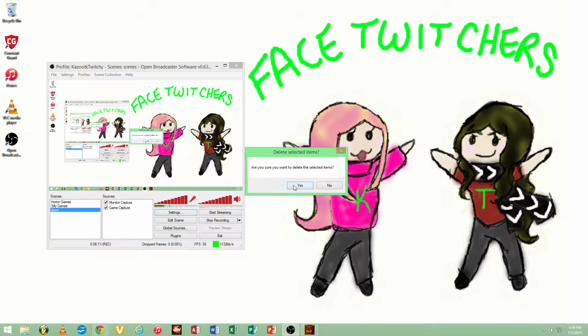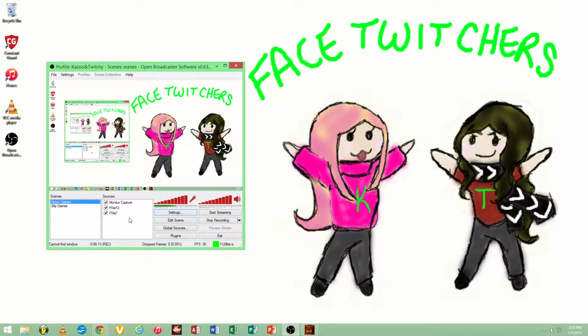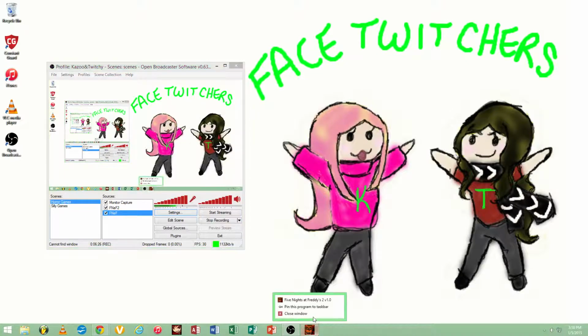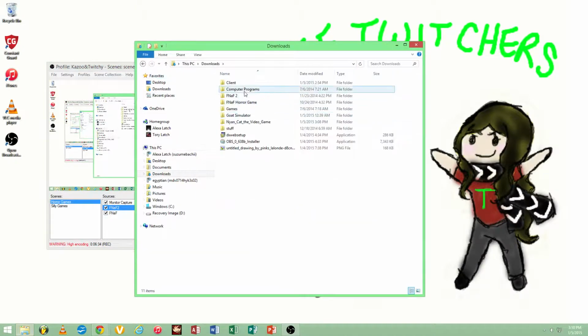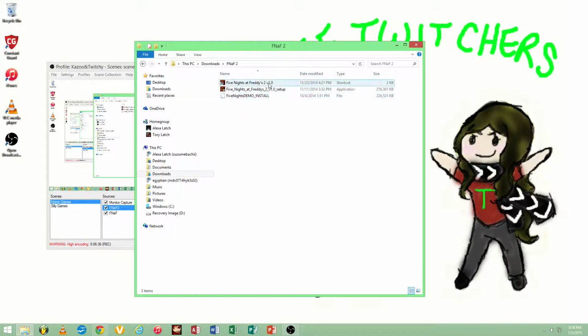Remove. Yes. And you can come over here and add a scene to separate your games. Once your game is in here, it is saved. So, like, if I were to X out, close window, of FNAF 2, right here, that doesn't go away. I can just come into my downloads here, pull up FNAF 2,